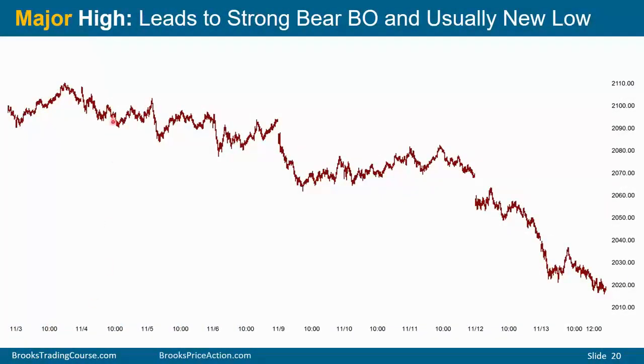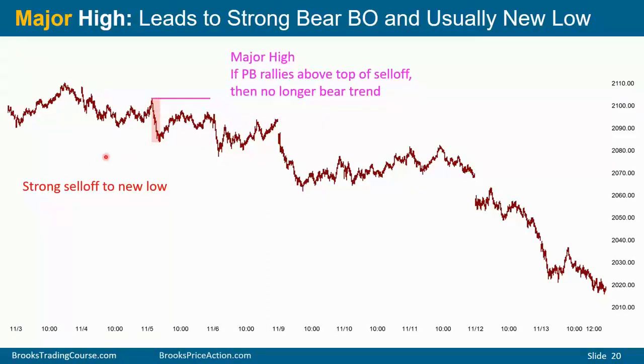Lots of reversals. Some are major, some are minor. Lots of little moves up and down. Strong sell-off to a new low. And therefore this is a major lower high up here. As long as the market continues to form major lower highs and does not rally above a major lower high, then it's still in a bear trend, and traders will trade it like a bear trend. They'll sell rallies, maybe take profits at new lows. And they don't want to be buying high.